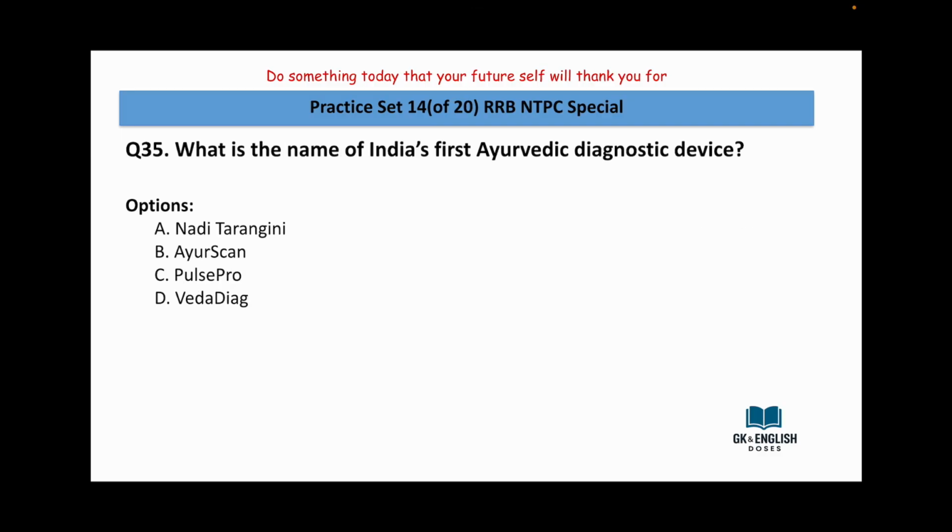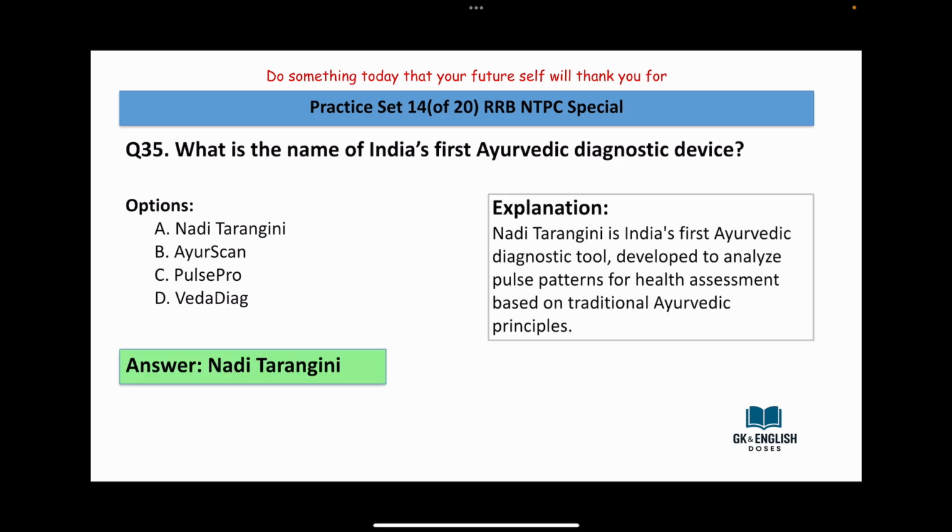What is the name of India's first Ayurvedic diagnostic device? Nadi Tarangini, Ayur Scan, Pulse Pro, Veda Diag. The answer is Nadi Tarangini. So Nadi Tarangini is India's first Ayurvedic diagnostic tool, developed to analyze pulse patterns for health assessment based